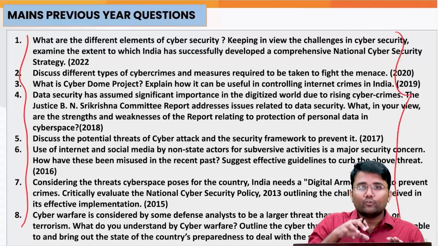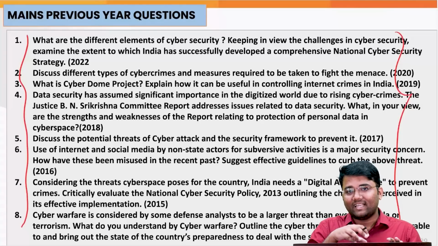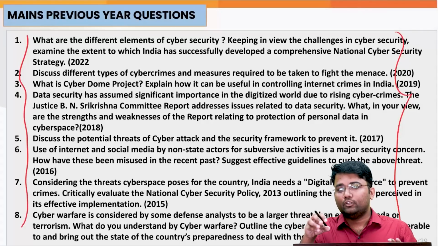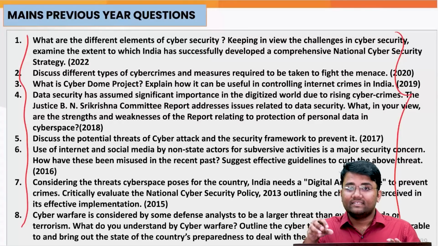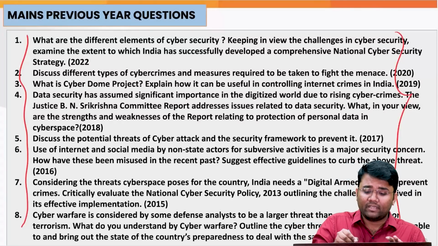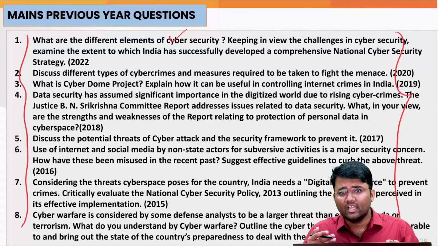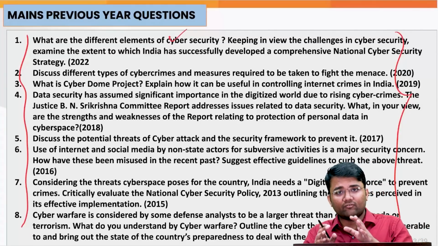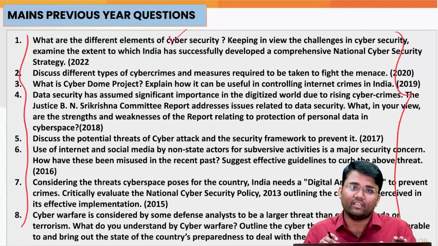So if you want to make notes for this particular topic, that is cyber security, look into all the aspects that have been asked previously, and ensure that all those aspects are present in your notes, at least the questions asked in the last 10 years. Second, whatever recent development there is with regard to cyber security, if the government is taking some new measures or bringing some new law, try to integrate that with your notes, and that will be a comprehensive and holistic coverage of that topic. And try to ensure that you follow this for all the topics given in the syllabus.